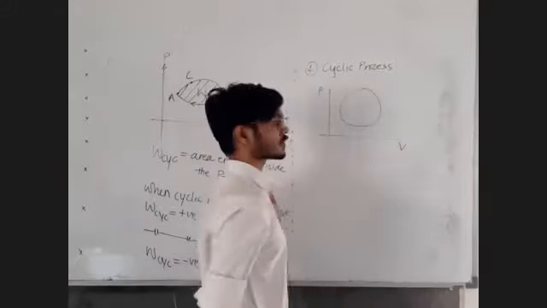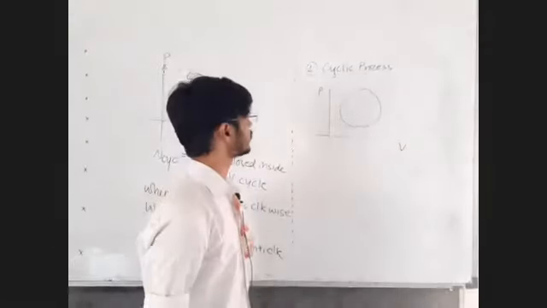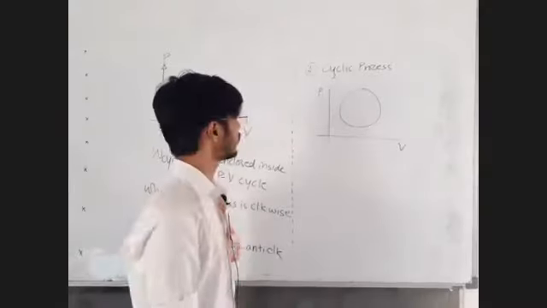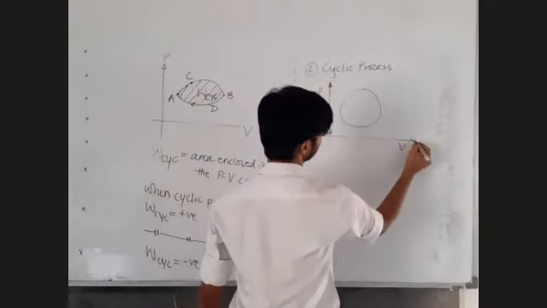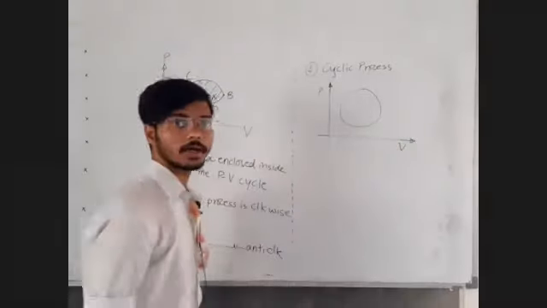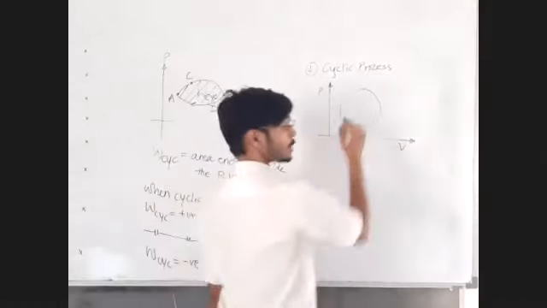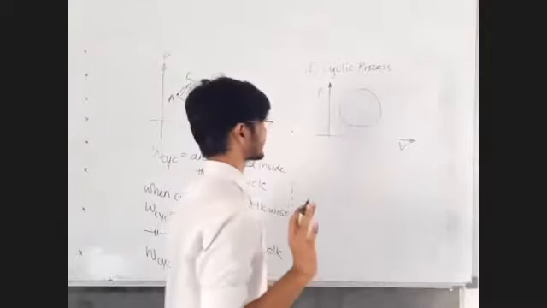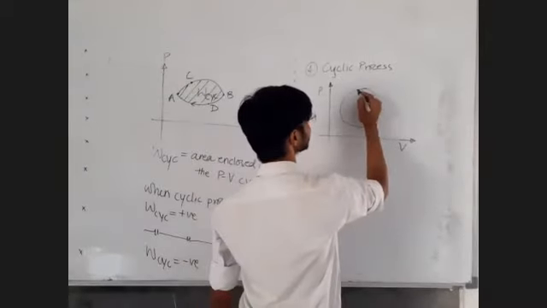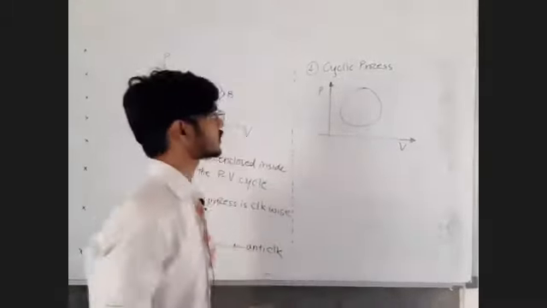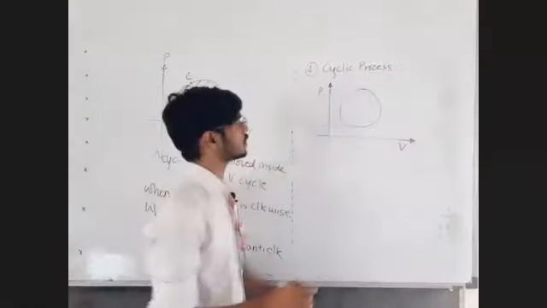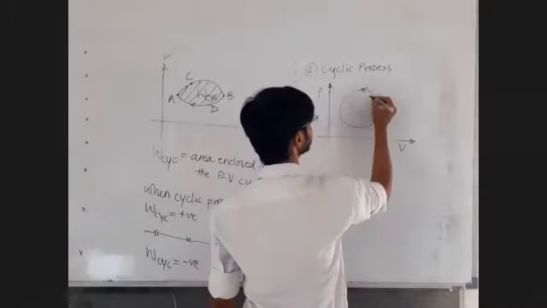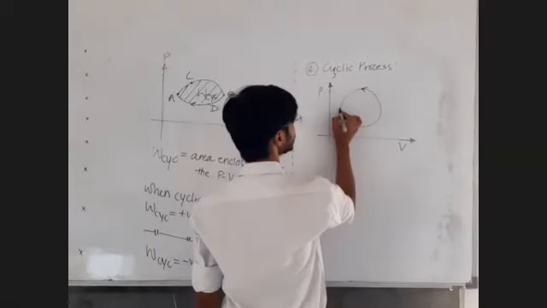They have drawn some circle, but let me tell you that it's not a circle. It's an ellipse. It cannot be a circle. You have to use the formula of the area of an ellipse. Don't use pi r square, otherwise you will get a wrong answer. It is actually a pressure volume graph. Fine. So let me give you some values.